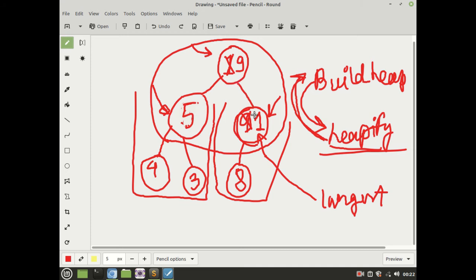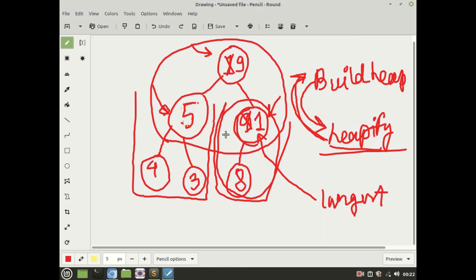Okay, so the swap has successfully made this subtree a max heap, but due to this swap, this subtree has lost the property of max heap.